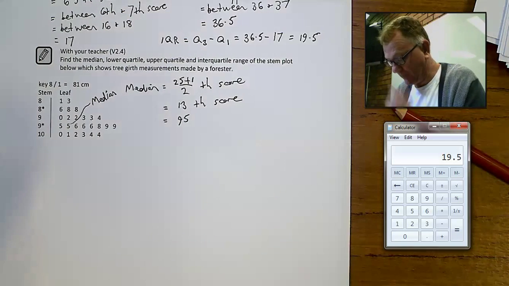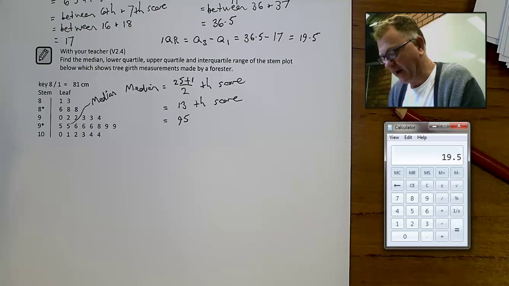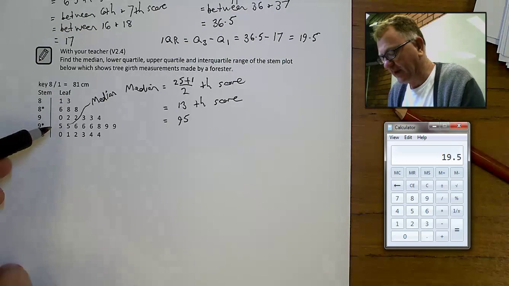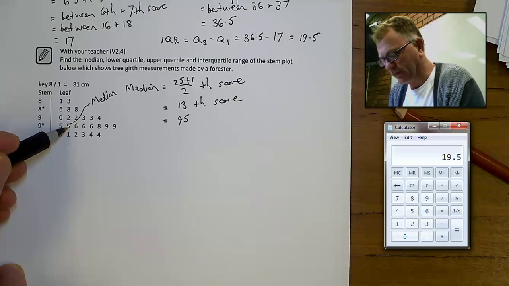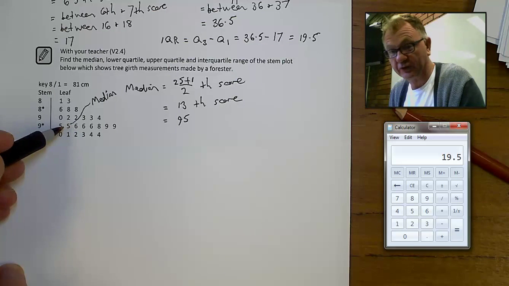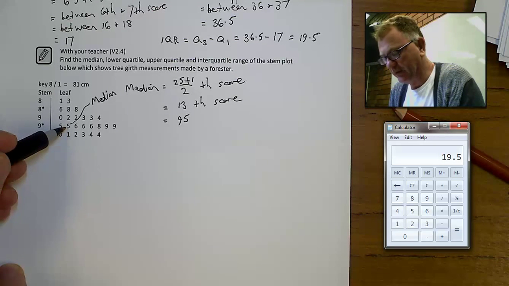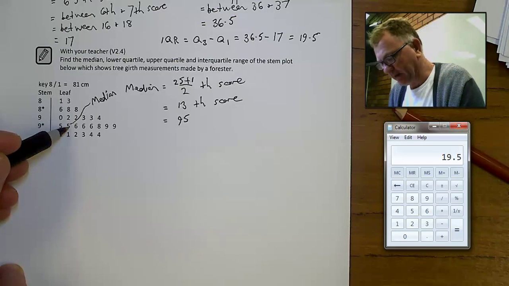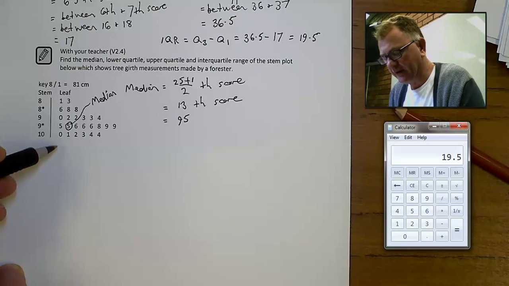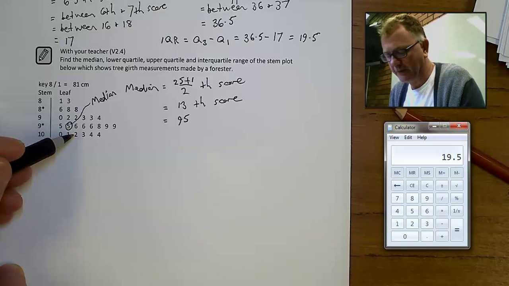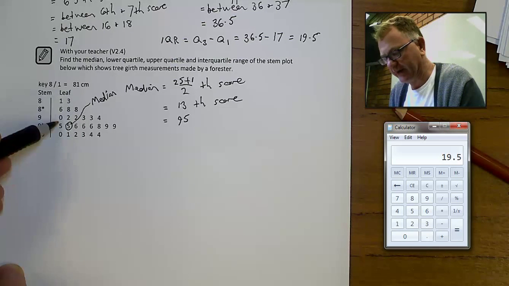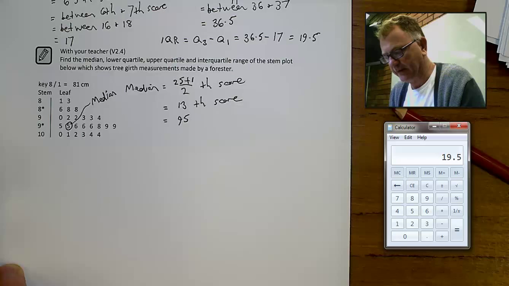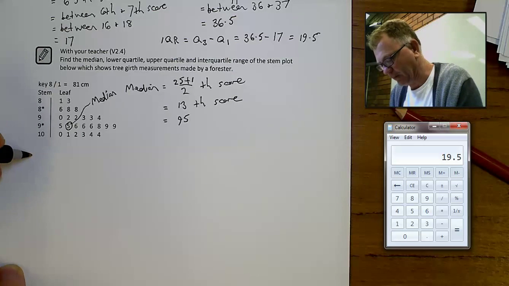Now when we come to work out the lower and upper halves, the median divides it into two halves, but in this case, with an odd number of pieces of data, the median works out to be one of the scores itself. It wasn't in between two scores as it was in the last example. If it is one of the scores itself, then we will not include that in either the lower half or the upper half. With that one excluded, there is only 12 pieces of data now in the bottom half of the data. So when I come to work out the lower and upper quartiles,